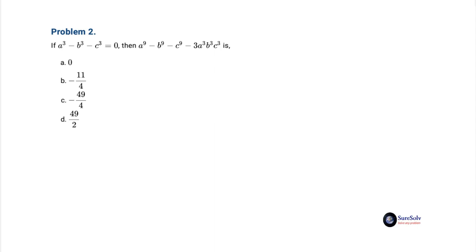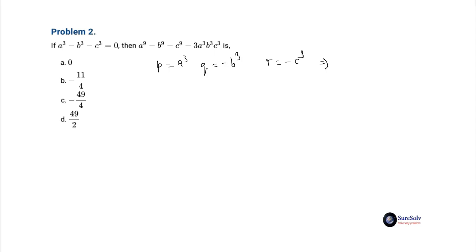When we compare the similar terms of the given expression with the direct expression, we find that the term in the direct expression a to the power 9 is cube of the similar term a cube in the given expression. Same is true for minus b cube and minus c cube. So we know that here also the three variable zero sum principle will work. This time we will take p equal to a cube, q equal to minus b cube, and r equal to minus c cube,